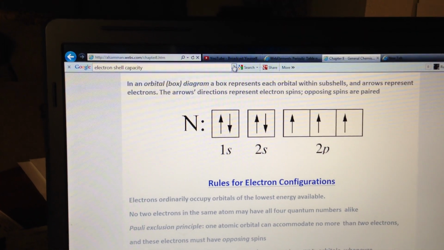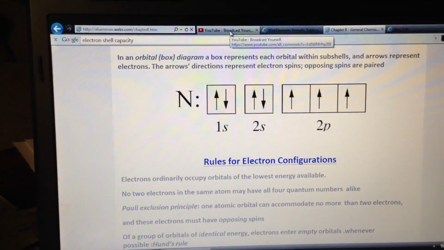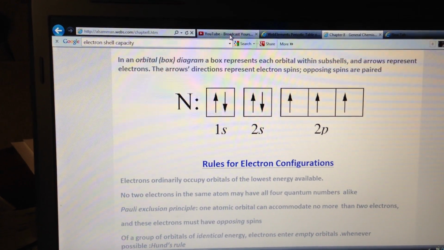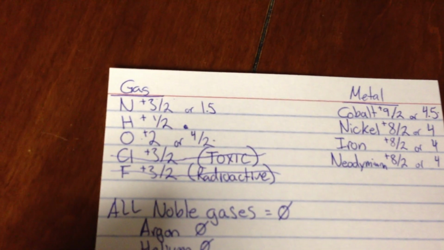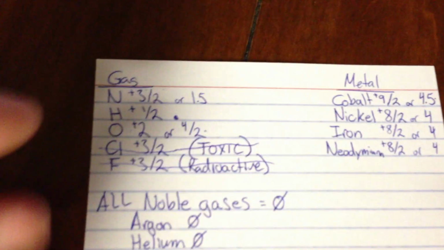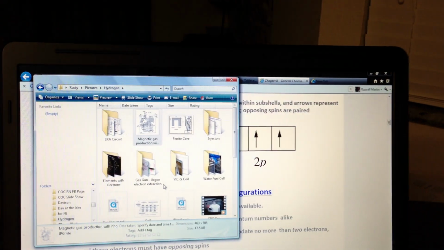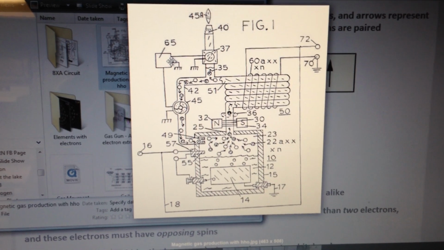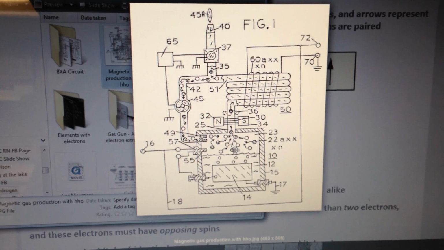Alright, so let me know what you guys think. I feel really strongly about this. I think this is the direction we need to go. Everything's pointing in the same direction. It's just really odd that I did independent research on electron spin and came up with these elements, and those are the elements that you would see Stan using in his device. So you've got the ambient air, nitrogen coming in, and then you've also got hydrogen and oxygen, and then